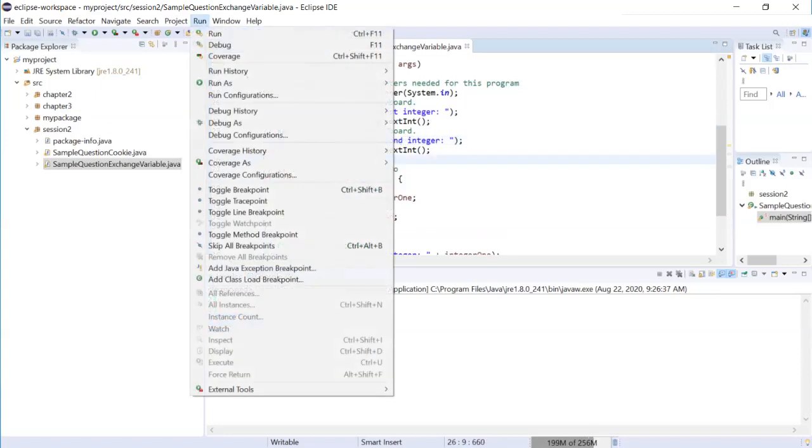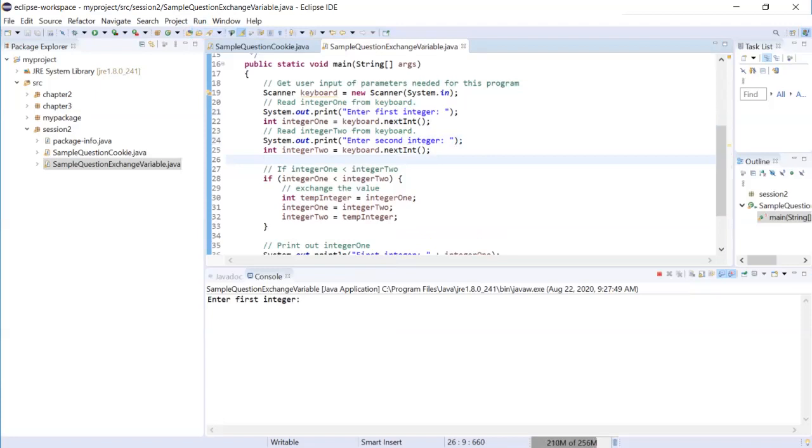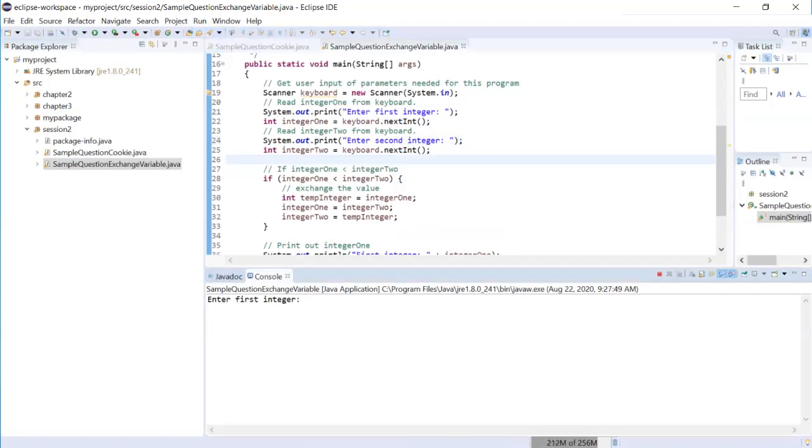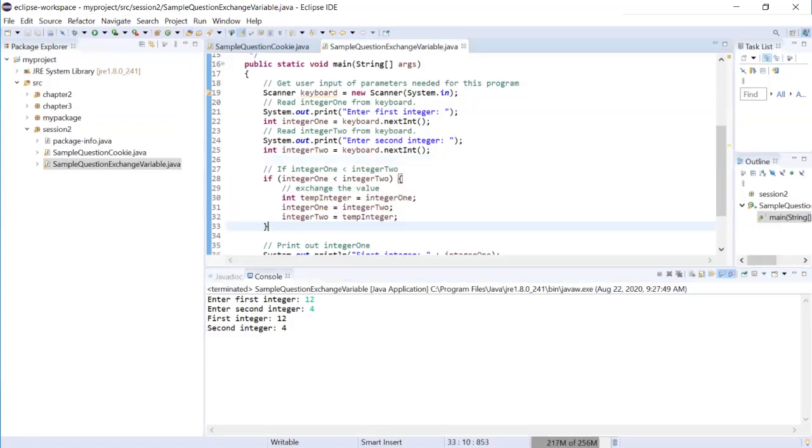Okay, now let's run this. Now we have a prompt, right? Let's say it is 12 and 4. And you can see that because the first integer is larger than the second one, this code block is never executed. All right,